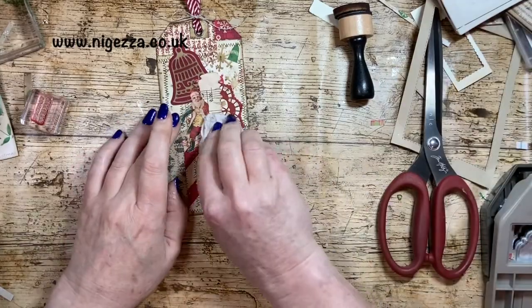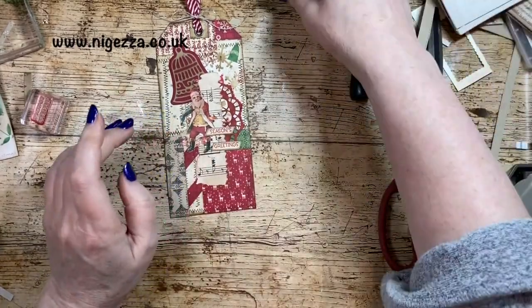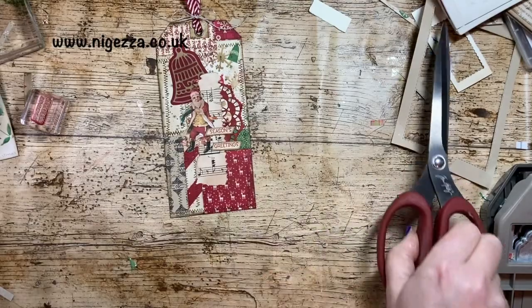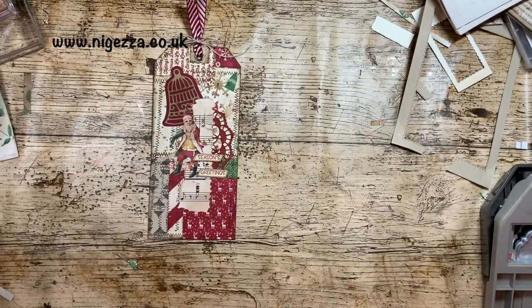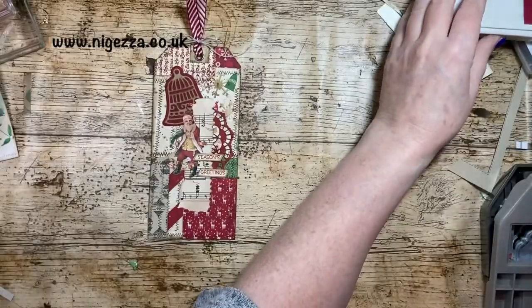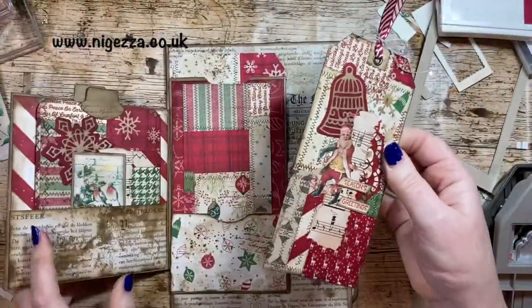There we are. That is that tag done. Let's see what it looks like in the folio. Move out some of my rubbish. Where is my folio? It's there, buried. So